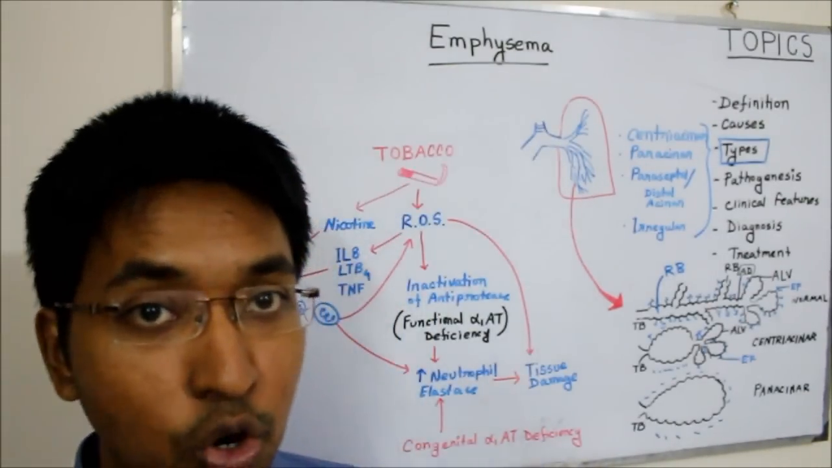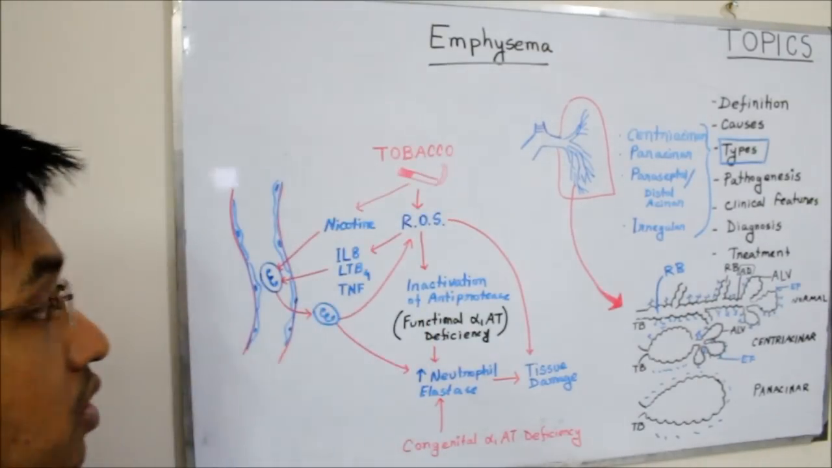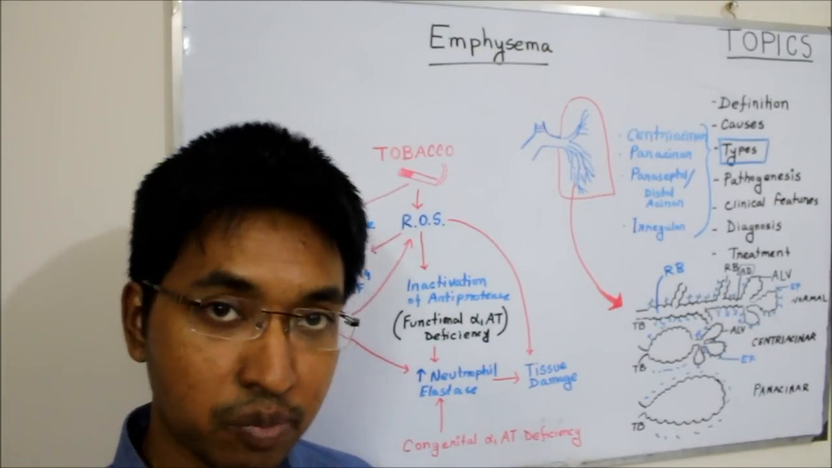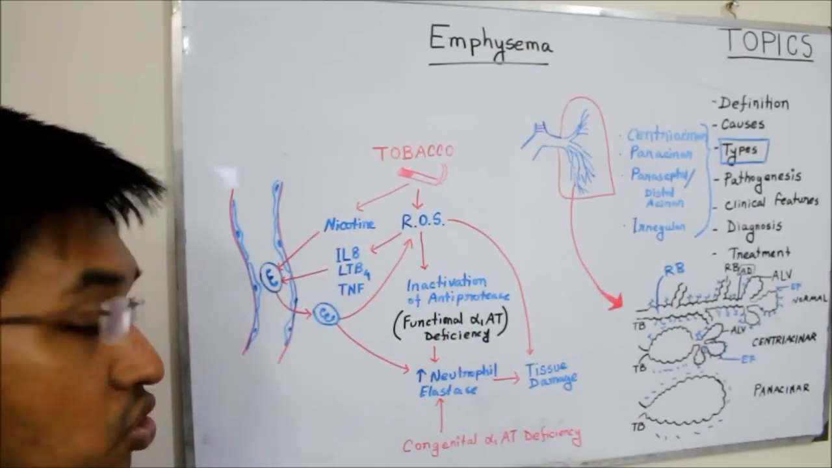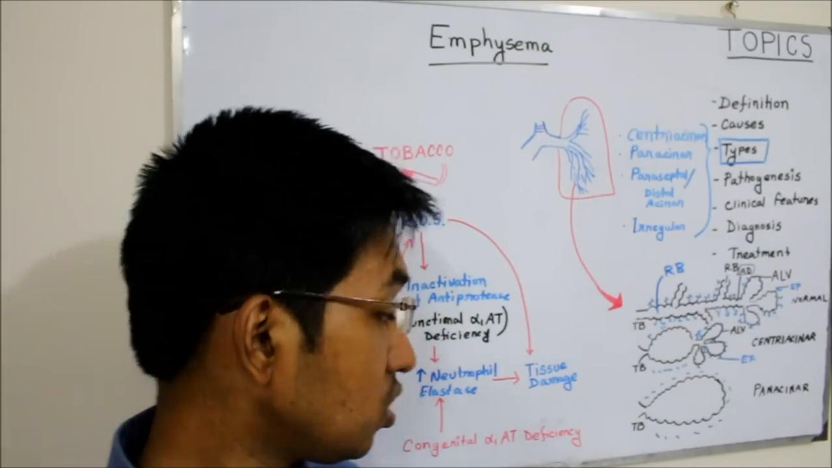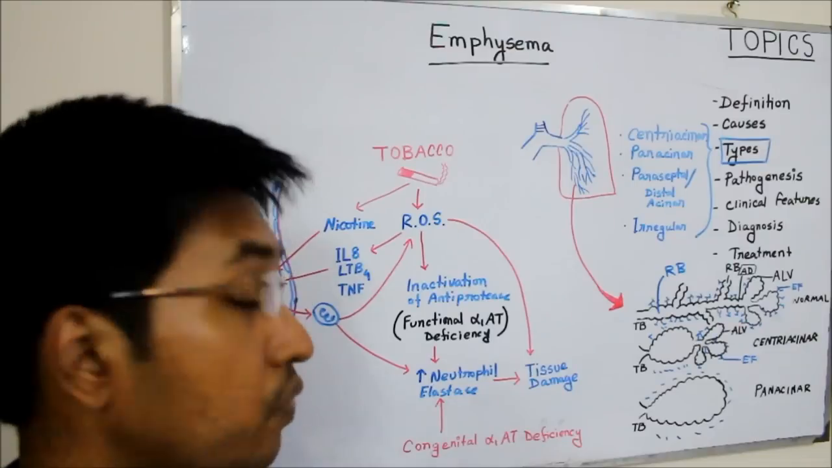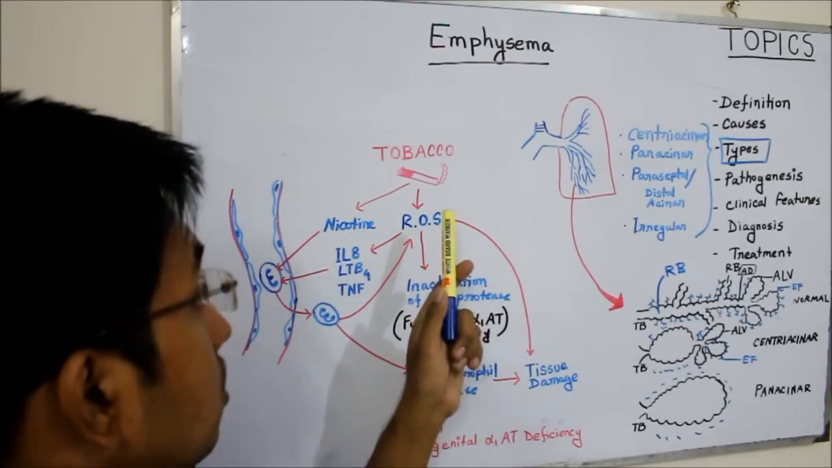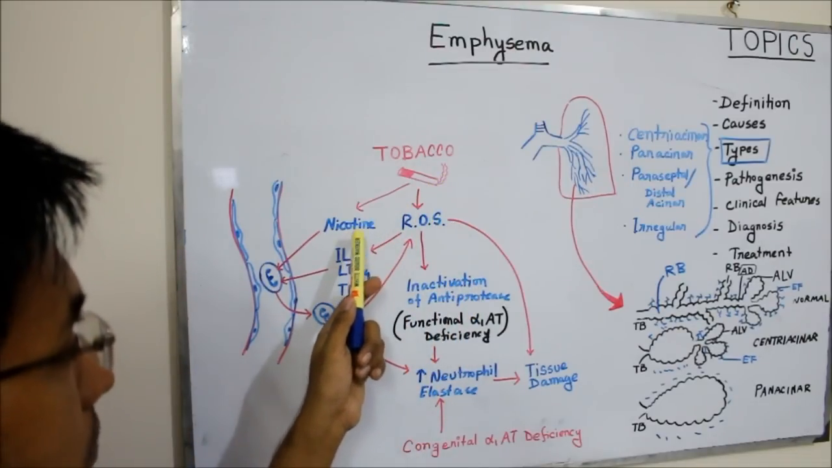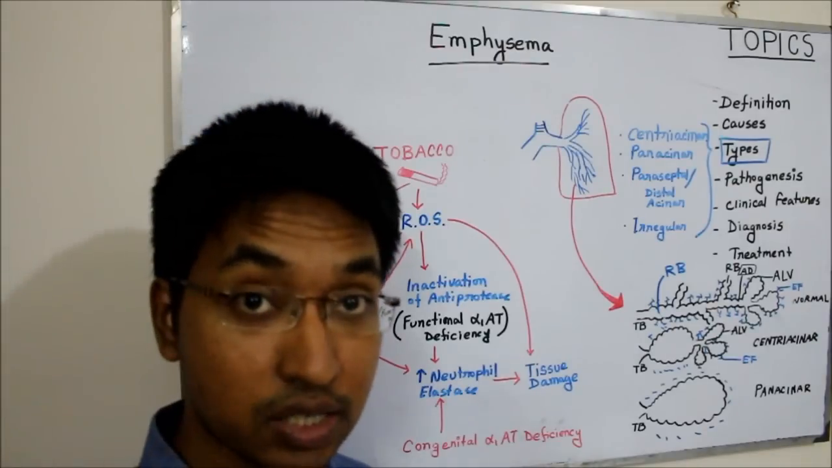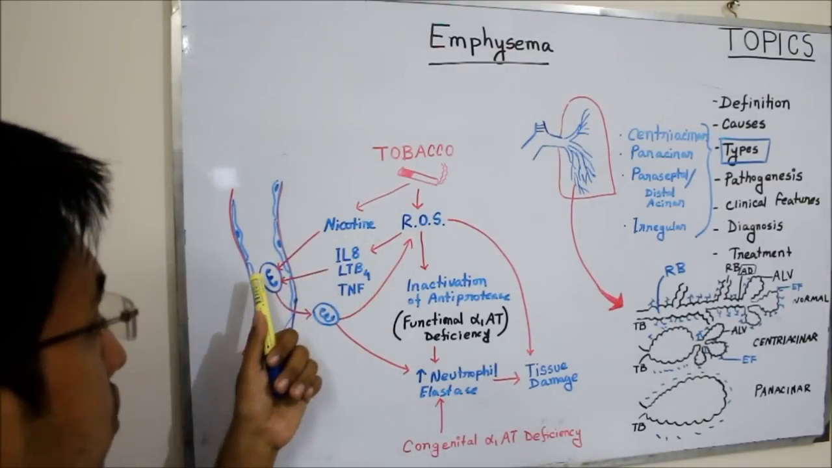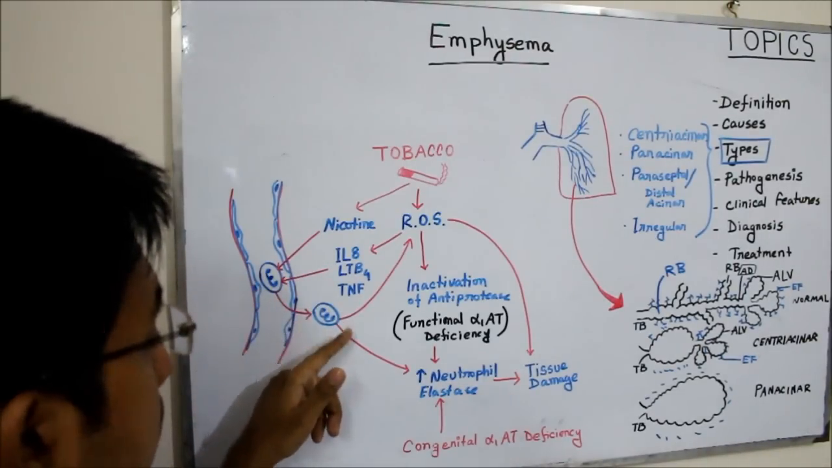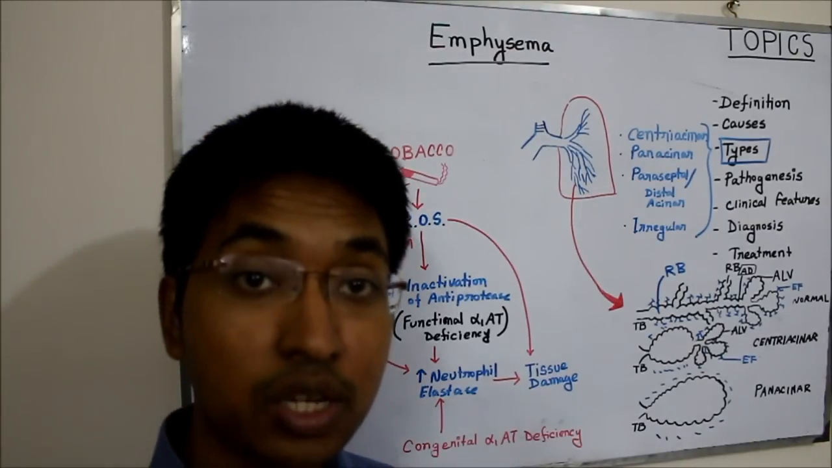And now let's go deeper into the pathogenesis and look at this flowchart. I have already mentioned the common causes of emphysema. They included tobacco smoking and congenital alpha-1 antitrypsin, which is an anti-elastase deficiency. So what will happen when a person is smoking? The tobacco smoke contains nicotine, and that is a chemoattractant for neutrophils. So nicotine will attract neutrophils, that is, neutrophils will come out from the blood vessels and accumulate at the site,